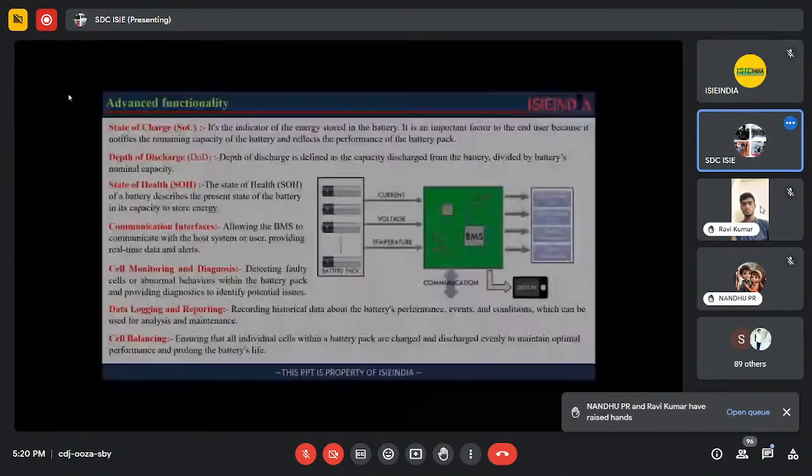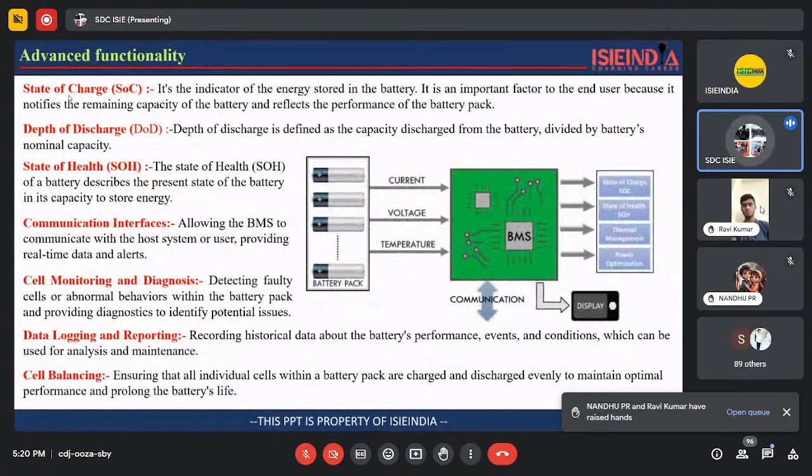So we are talking about smart BMS. So what are the advanced